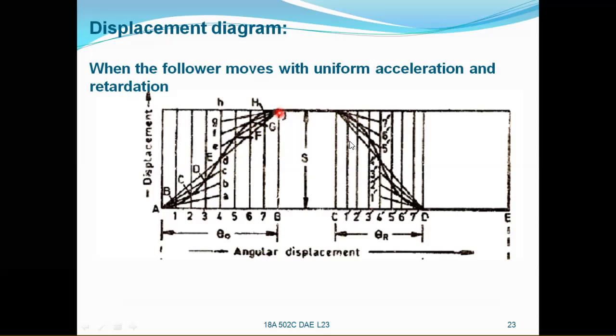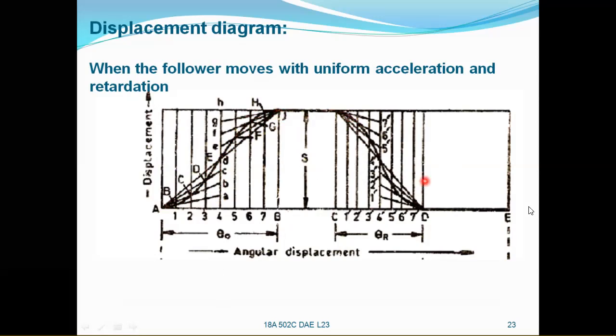After this, take the vertical line from this point and join each line as in the previous explanation. So finally you will get various points A, B, C, D, E, F, G, H, I, J, and